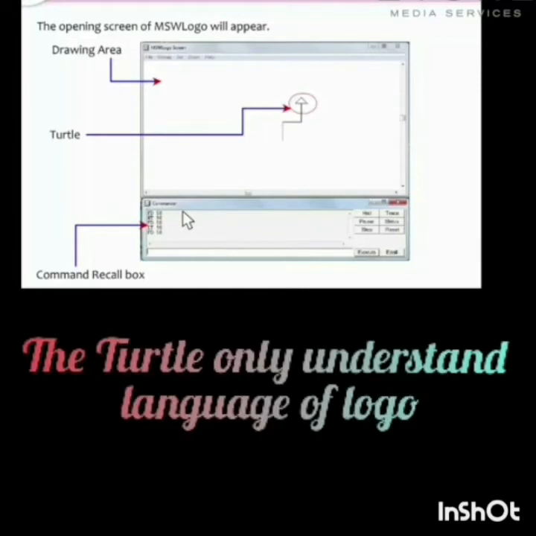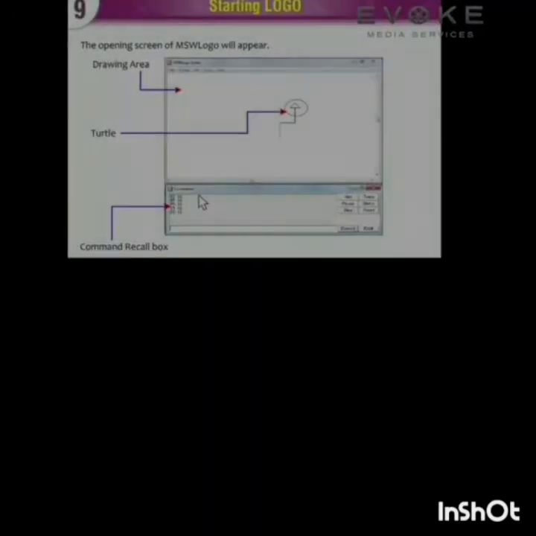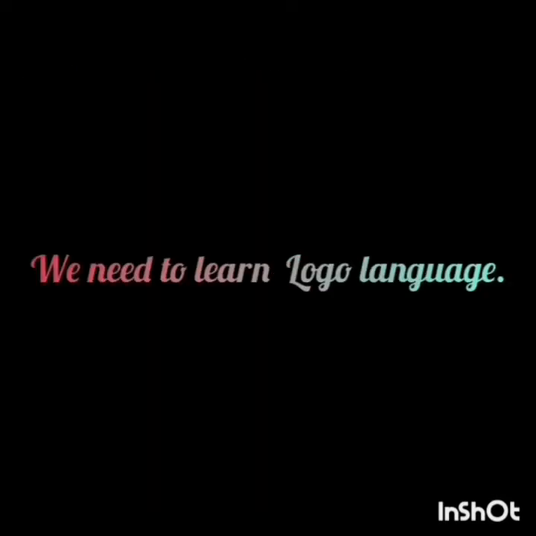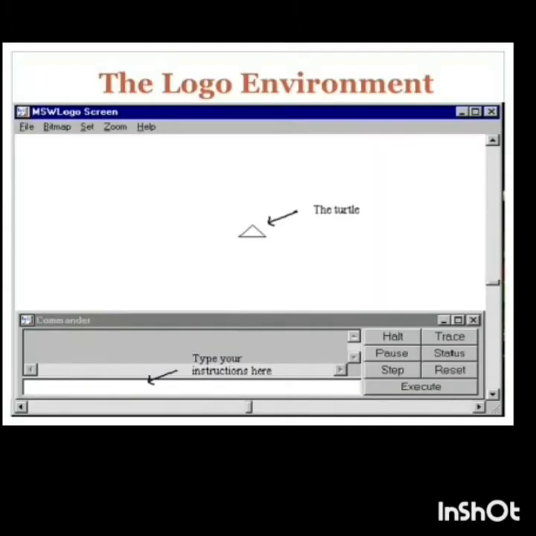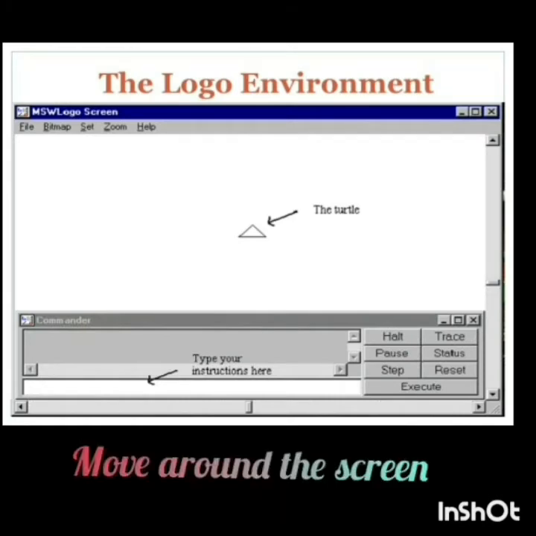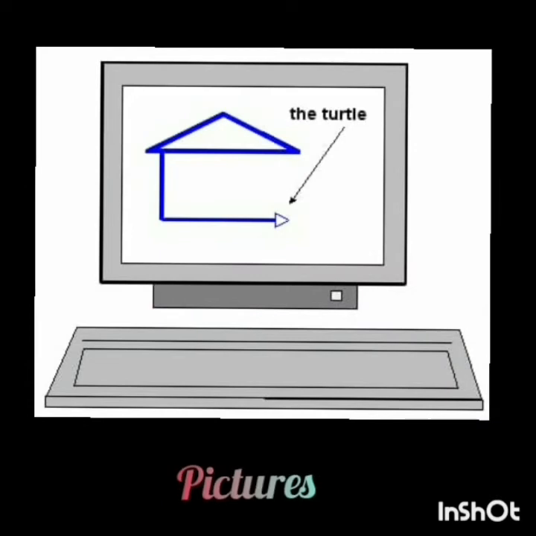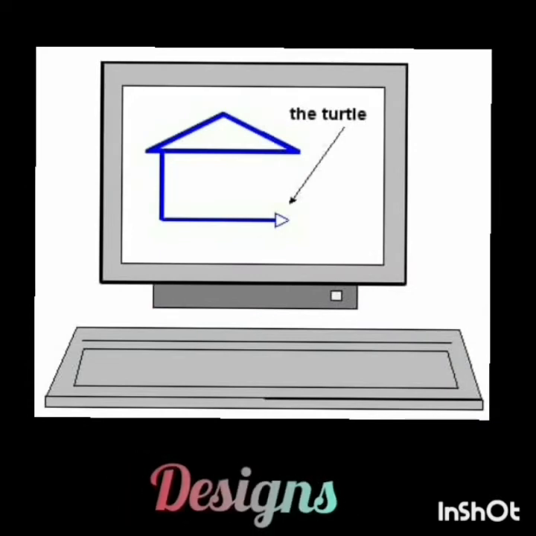The turtle only understands the language of Logo, just the way we know different languages like English, Hindi, French. We need to learn the language called Logo to give instructions to the turtle, to move around the screen, creating various pictures and designs.